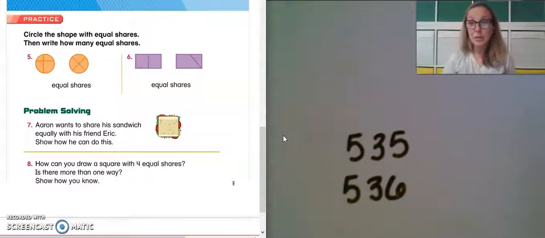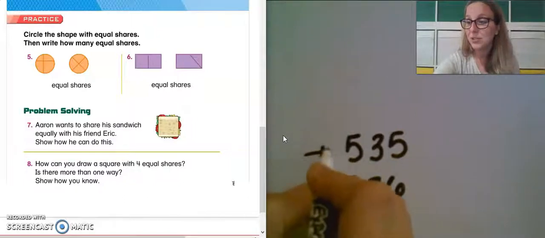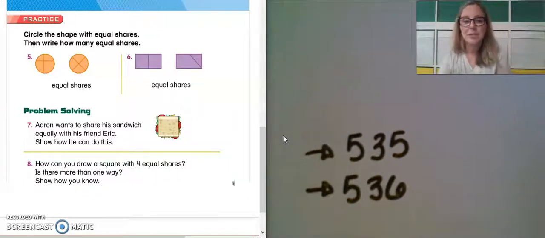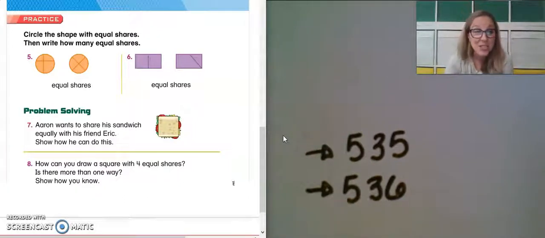So go ahead on your own right now and complete these 2 pages, and then you can show them to mom or dad or an older brother or sister and make sure that you're understanding the concepts. If you have any questions, you can message me, you can send me a video message, you can send me a typed message, however you'd like to on Dojo. I think today's will be pretty easy for you. So go ahead and get those 2 pages done, and I will see you in a bit for our next